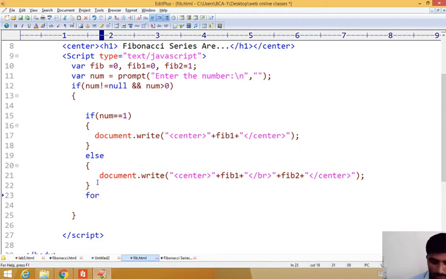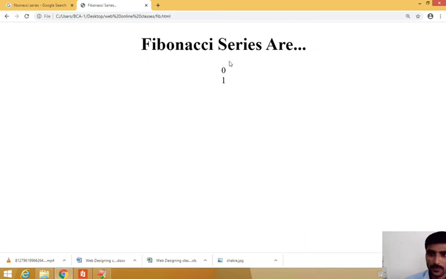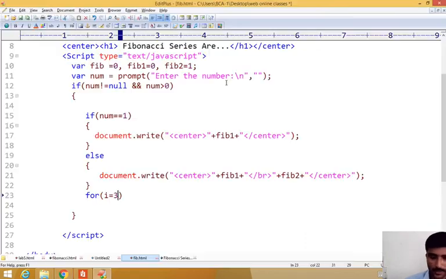So for, we have to print. Which value are we starting with? The third one. Already the default 2 values are printing, right? So for that we are printing the third one, that is i equal to 3. The index starts from 3 because already 2 values are printed. So the third value is starting. i equal to 3, semicolon, i less than or equal to num, semicolon, i plus plus. Then open and close here. So this is a condition. What have I written? The third value.